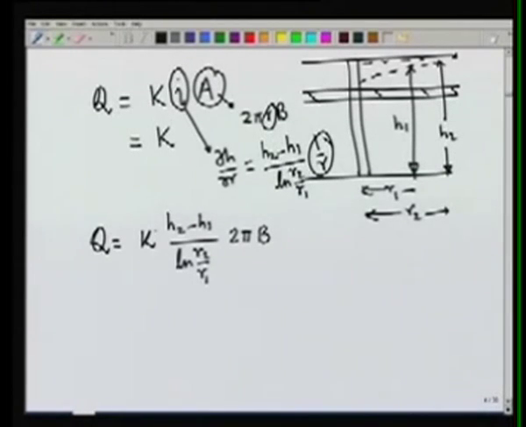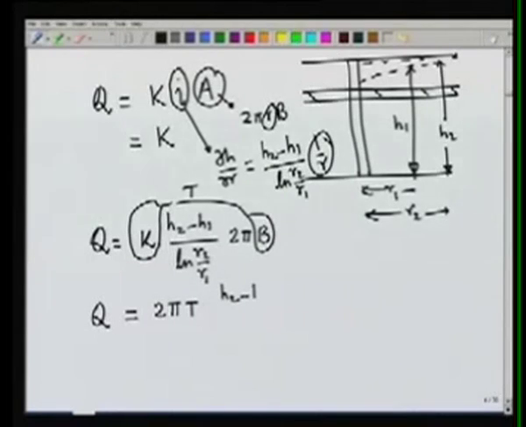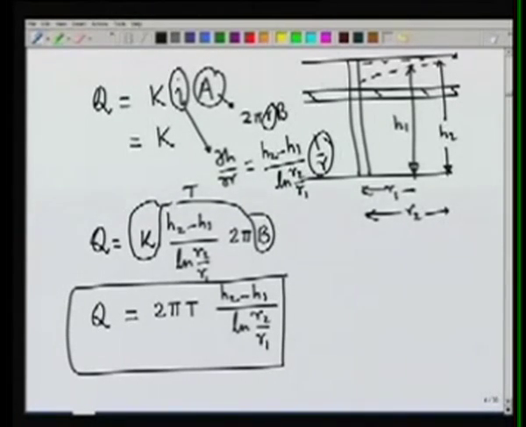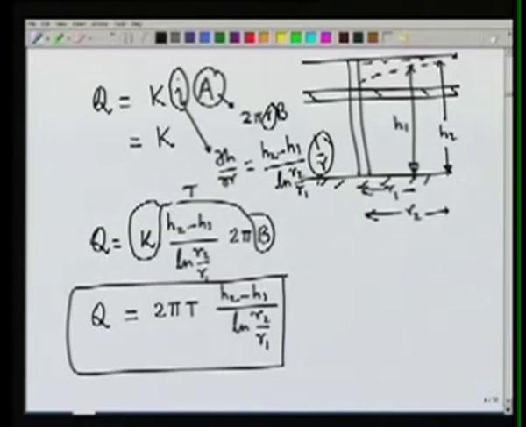Now K and B, as we know, can be combined as the transmissivity. So we get a simple expression for Q. In practice, it is difficult to measure H because the impermeable layer here would be quite deep. We may not even know how deep it is, but if we measure S, which is the drawdown,